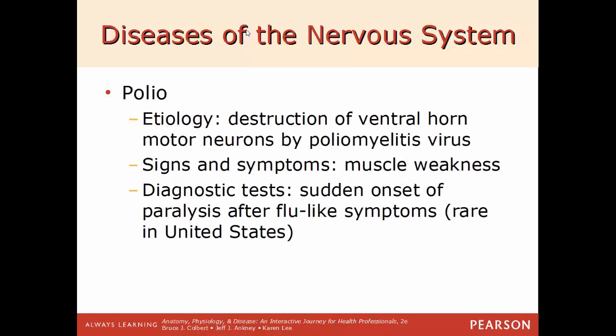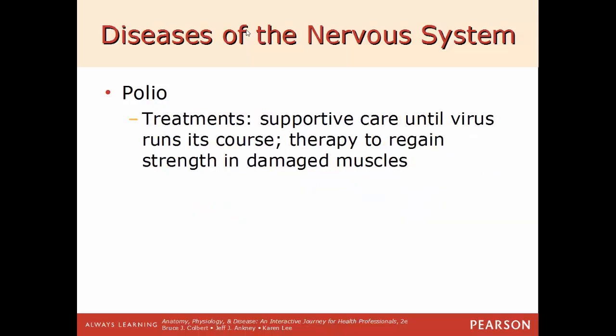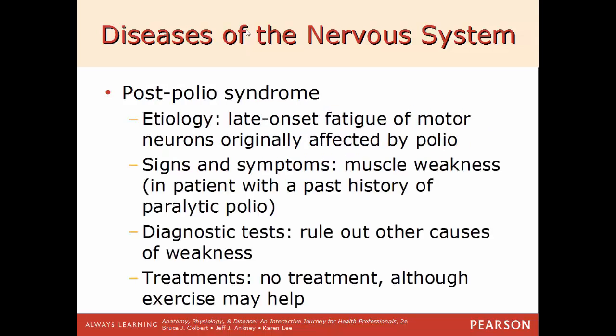Polio, etiology here, destruction of the ventral horn of the motor neurons by the poliomyelitis virus. Some signs and symptoms: muscle weakness. Diagnostic testing: a sudden onset of paralysis after having flu-like symptoms, and it's rare in the United States. Treatments will include supportive care until the virus will just run its course, and then therapy after that to regain